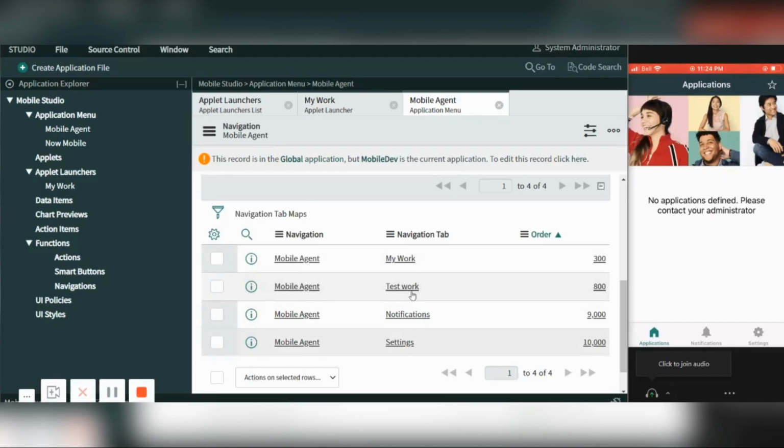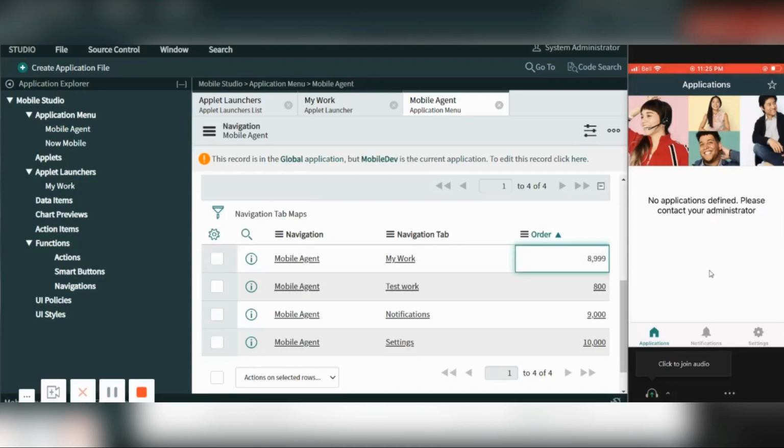Notification settings. This particular test work, I had created it for the demo earlier, but this is inactive as of now. So just now I have created my work. Let's change the order, give it 899.